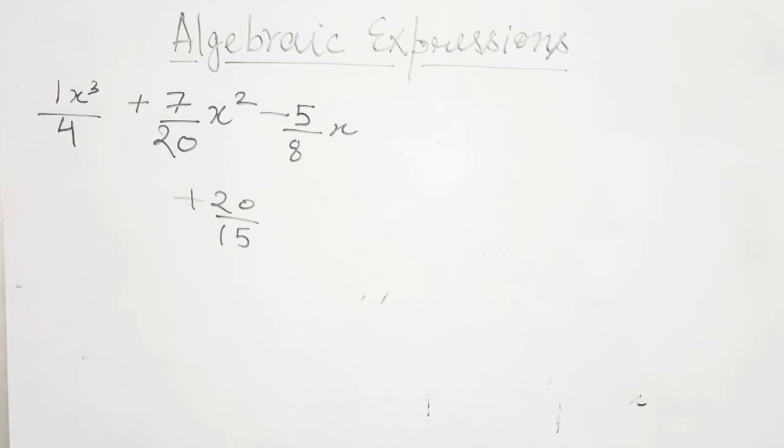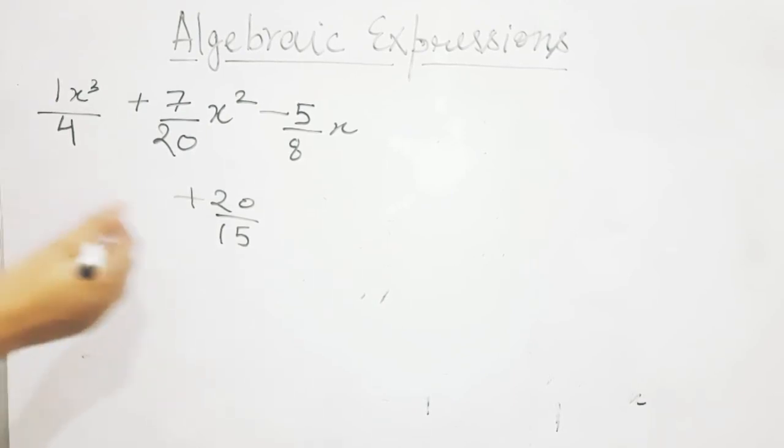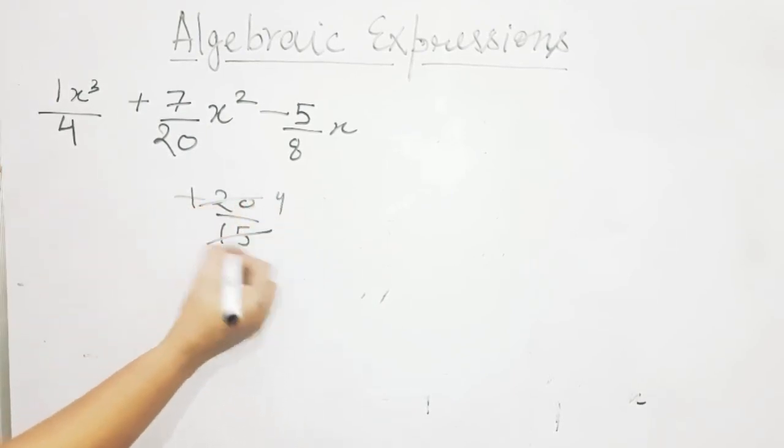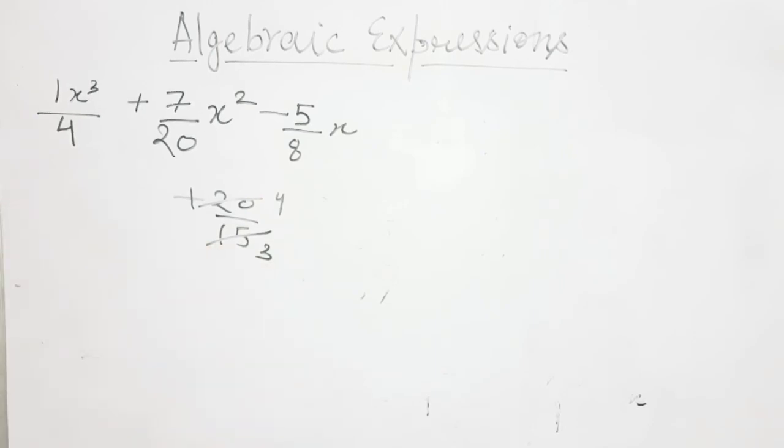Now coming to the homework, only one option I have skipped, that is your homework students. And as you all can see, 20 upon 15 can be reduced. Can it be reduced? If the terms which are given to you can be reduced, then we have to reduce them. And 20 upon 15, once I reduce it, it will become what? 5 4s are 20 and 5 3s are 15. So it will be 4 upon 3. Right students?